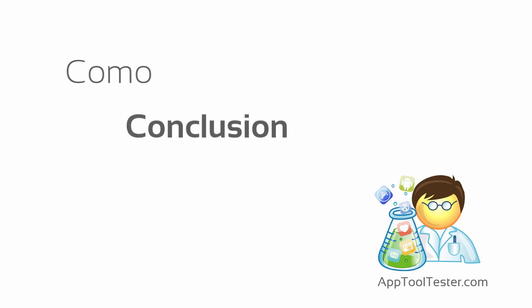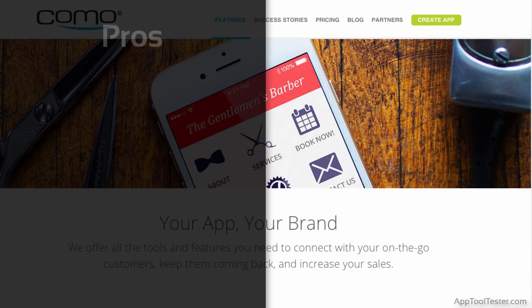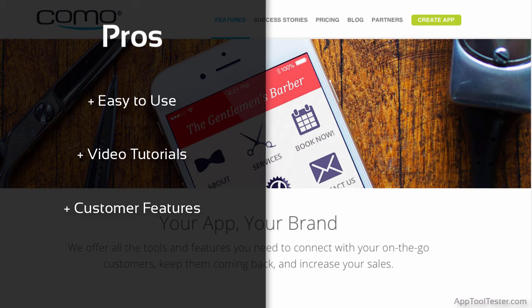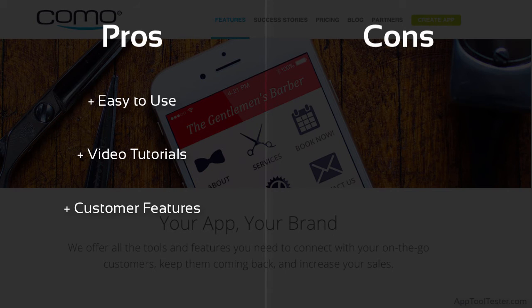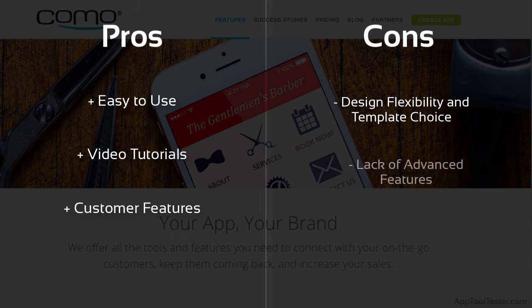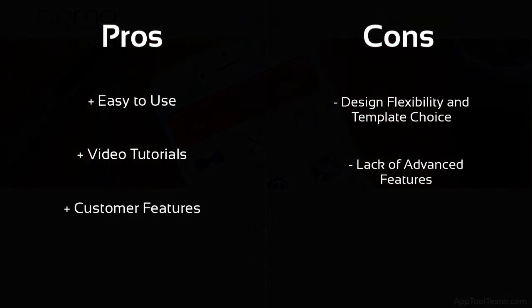Como is a great place to start if you want to try your hand at creating your first app. It has a clear interface and a good library of video tutorials to help get you started. With its range of loyalty and customer-facing features, it's a great option for small businesses. The apps that can be created using Como don't look terrible, but Como's own feature layout designs can sometimes look a little dated, and there aren't many themes to choose from. Como could offer a few more advanced features, such as team management, ad support, and API access. Yet for the price you pay, it's actually a pretty good deal.